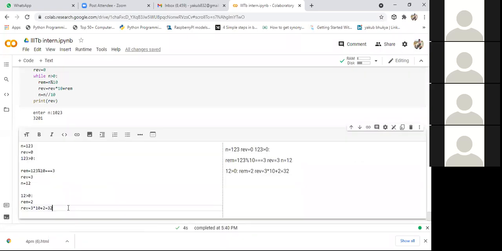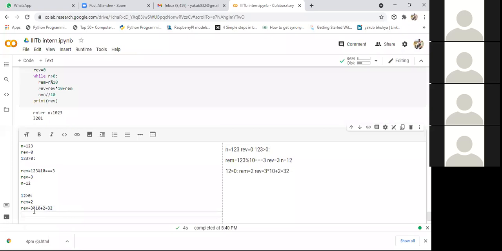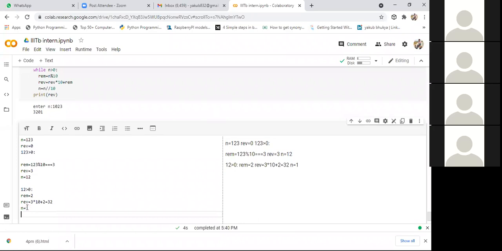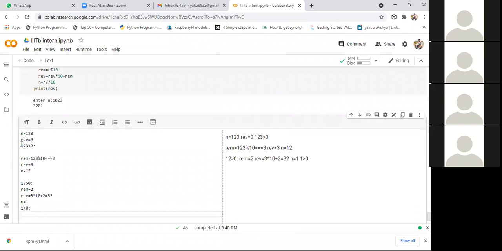Okay, good. Now here, what I'm doing is, I'm saying reverse equals 3 into 10 plus 2. So in the second iteration, it is performing this action. Again, in the next line, we need to reduce one digit from the number. If you reduce one digit from the number, it will become 1. Now the number will become 1. So again, we need to check the condition, that is, 1 is greater than 0 or not. Yes, whenever this condition is satisfied,